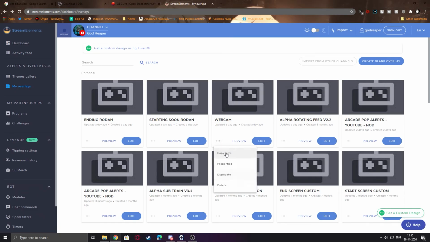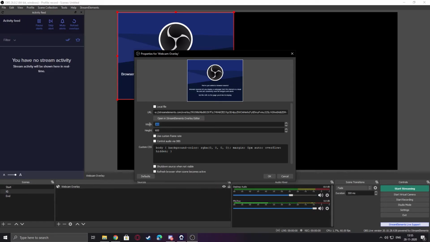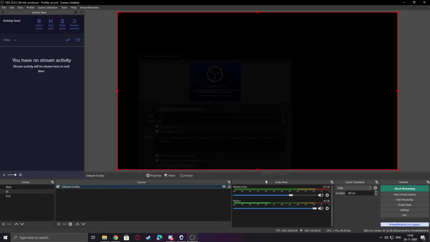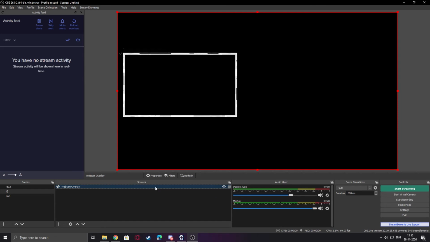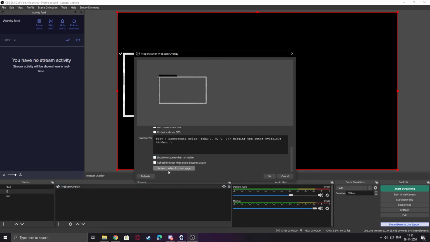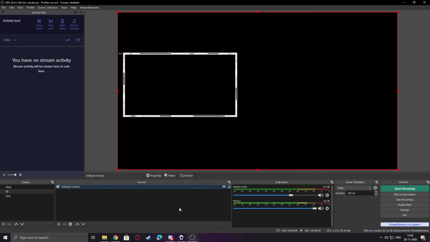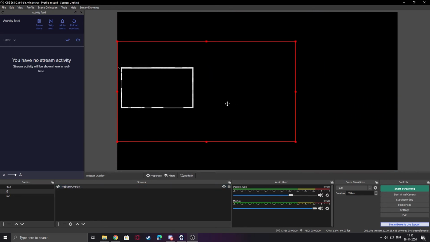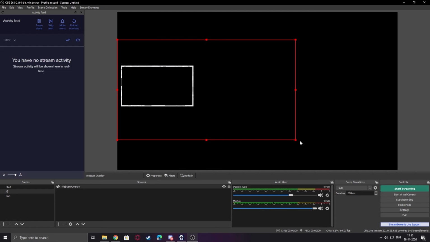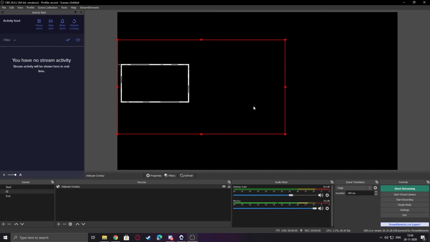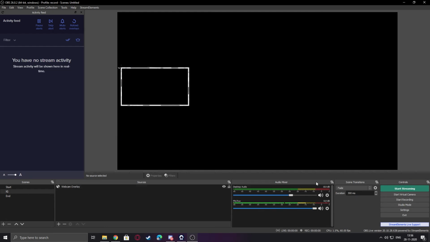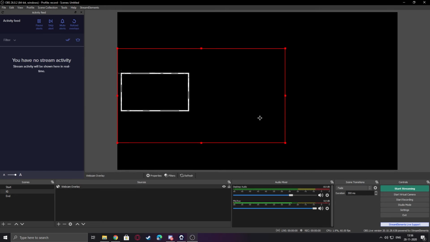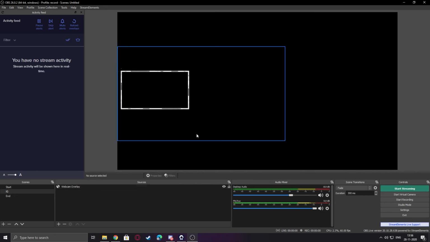Here is my webcam overlay, 1920 by 1080. Sometimes the overlay might not load, so you just go to properties and click refresh cache of the current page, and that's here. I will just resize it like this. I don't want that big of a webcam, to be honest, so let's just resize it somewhere around here. Looks good. Yeah, so this is my webcam overlay.